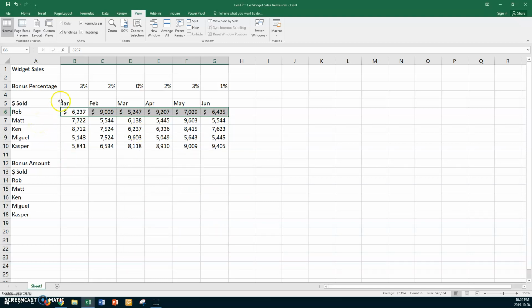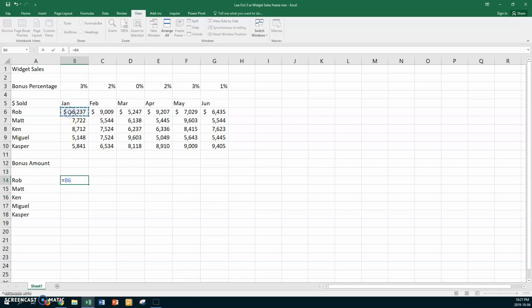Now your bonus amount is that you get 3% this month. Here you got 2%, 0%, 2%, and so on. So each month was different. Alright, so therefore, what is your bonus going to be? Okay, so I don't know if this dollars sold is here. It shouldn't be here because you want your bonus amount. So, oh, I guess I know what that was for. Just saying that this is the dollars sold by, but that doesn't make sense. Nah, delete it. Okay, so go to cell B14, and we want to say equals, and we want to take